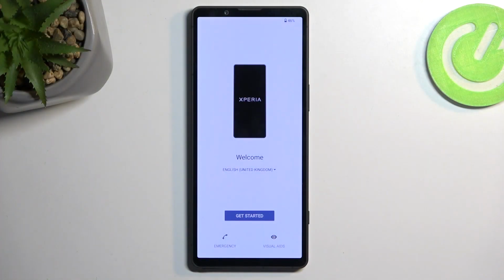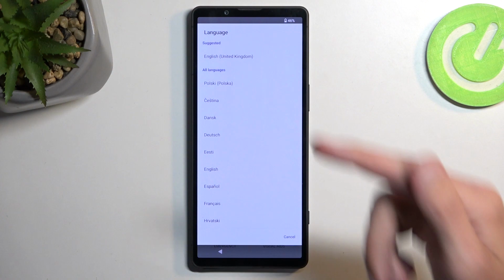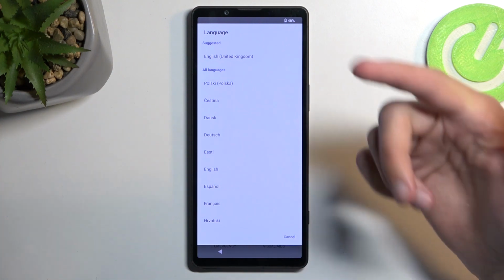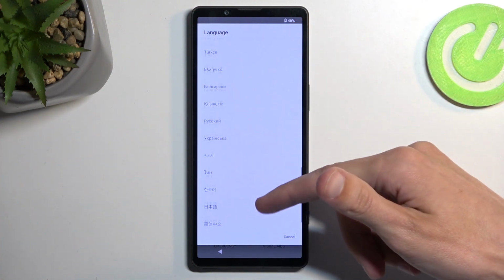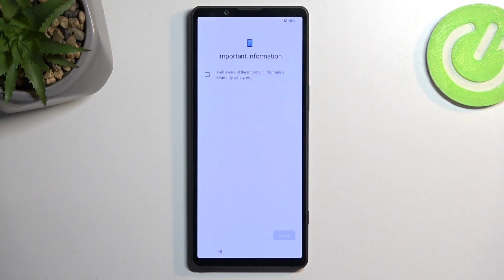So, to get started, when you boot up your device for the very first time, you'll be presented with a welcoming screen where you can choose your desired language for your device. I'll be sticking with English, which was already selected, but for other languages, just find them in the list and tap on them. From there we can select Get Started, and this will take us to some important information, which